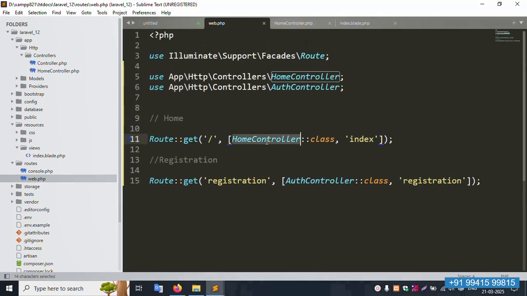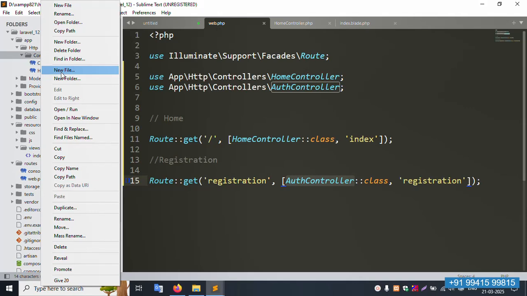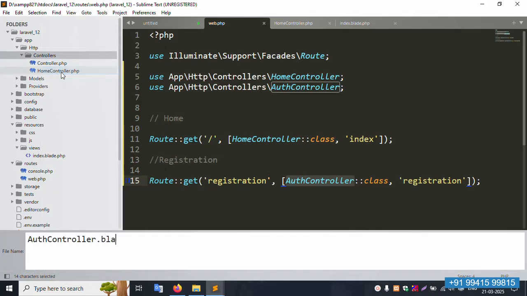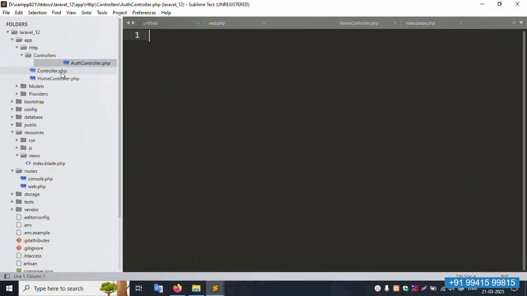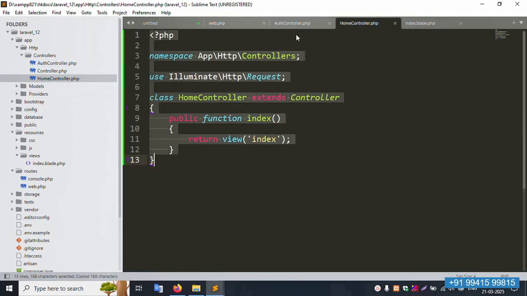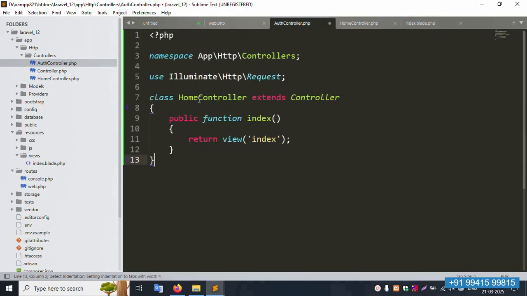This is the auth controller. Let's copy the same name, and inside this, create a new file, auth blade. No, only PHP, not a blade PHP. This is the auth controller. Copy the same name, and only a simple name is sent. This is auth,